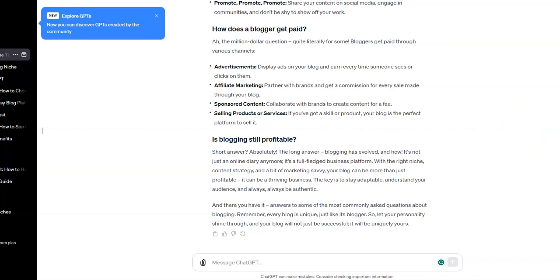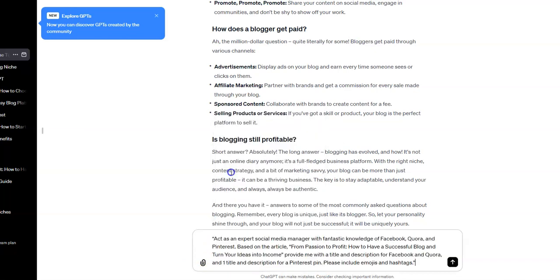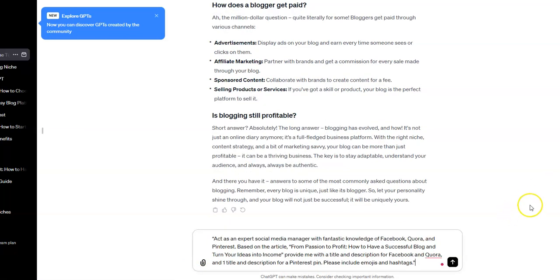The last one is a prompt for social media. Now it doesn't matter what social media platforms you're on. You can use this prompt here: act as a social media manager with fantastic knowledge. For this one, I've got Facebook, Quora, and Pinterest. You could have Facebook, YouTube, Instagram, TikTok, or any platform. You just change those, and what it will do,